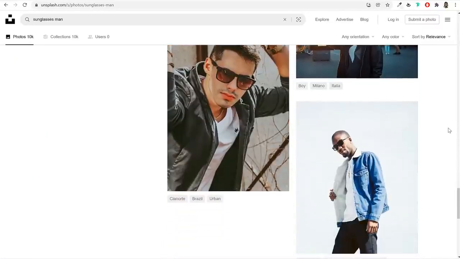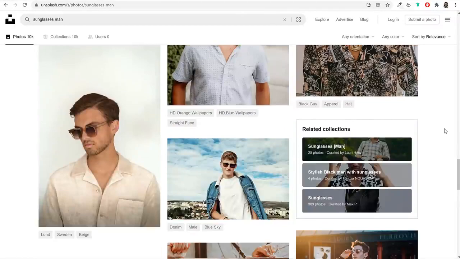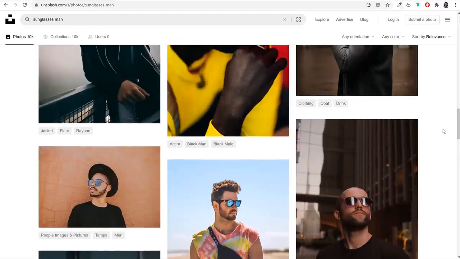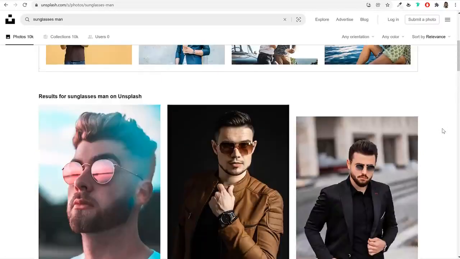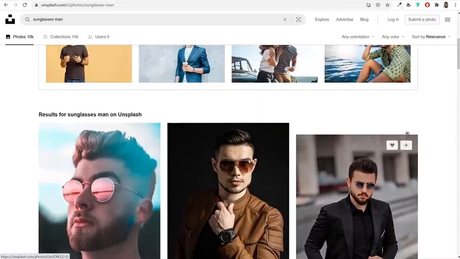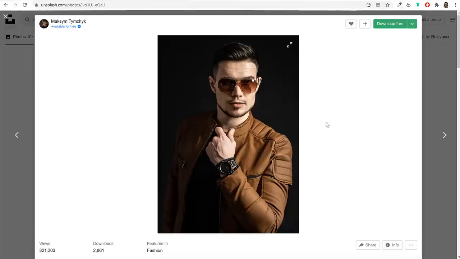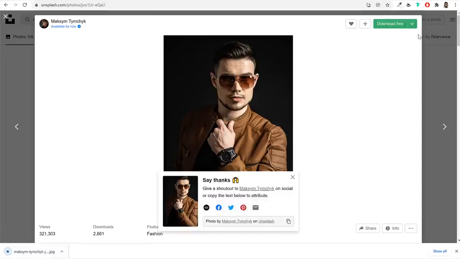Okay. And after that, I've already shown you how to do all the other things. Like you can download it, and after that you can make it transparent, and then you can use Pixeler for that. Let's actually do one thing. Let's use some image. Maybe let's use this one. Okay, download the smallest size, small size. Okay, this is downloaded, and then let's make it transparent, or maybe let's go to